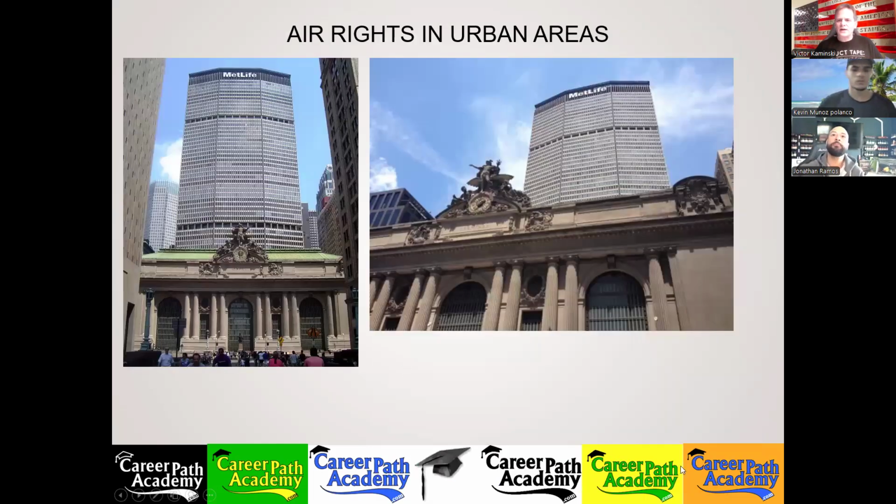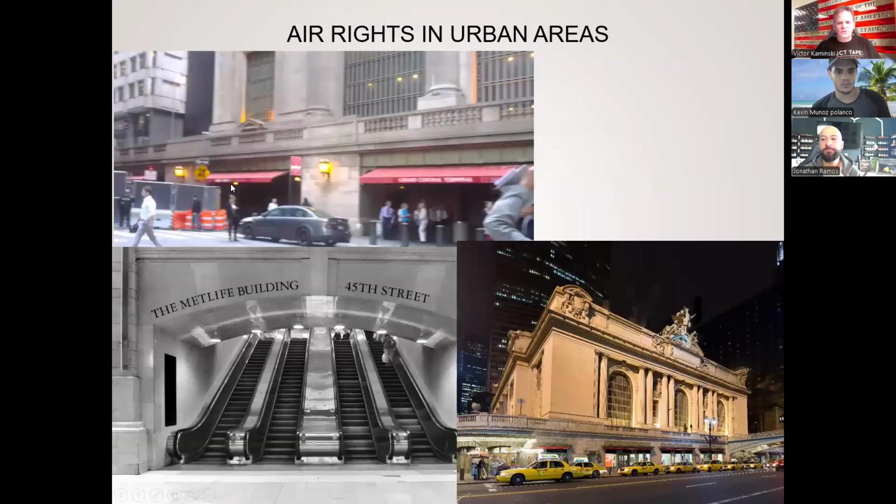So here we got a couple of cutaways, or pictures. Here's the main entrance to Grand Central Station, and then behind it you got the MetLife building. But Grand Central Station goes back further. Let me give you a little bit of an angle view. You can see this is sitting behind it, right? See, you got storefronts on the front. You got the Grand Central Station entryway. Here are the escalators going down to the train station.